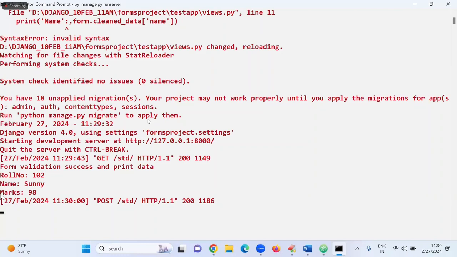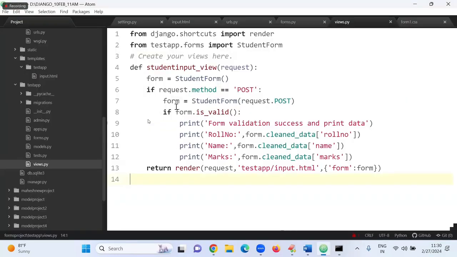If any model is there, table is there, happily I can store this data to the database also. Just I'm reading the data and printing in the console only. So like that, you have to read the data from the application and print to the console. Once I have to read this data,